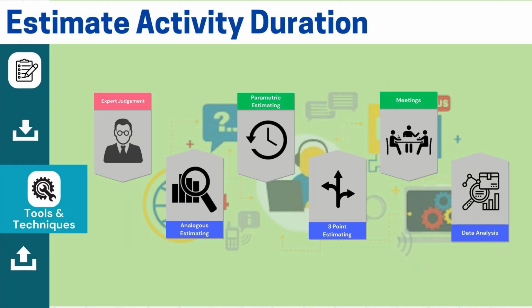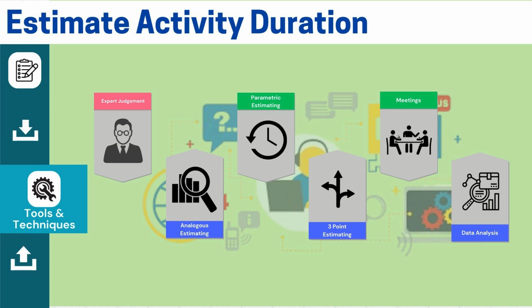In terms of estimation techniques, expert judgment is one of the simplest yet most powerful tools. Another method is analogous estimation, where we compare past projects to estimate the current one. Parametric estimation is based on project-specific parameters. For example, in a software project, input validation might be a medium complexity task that typically takes 1 hour. If there are 3 such tasks, we estimate a total of 3 hours.